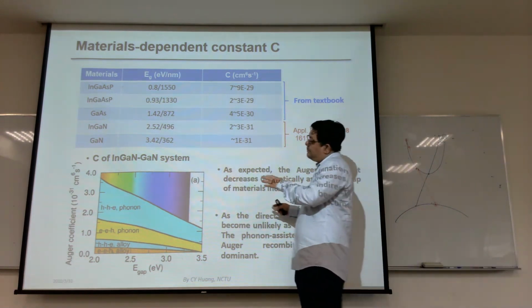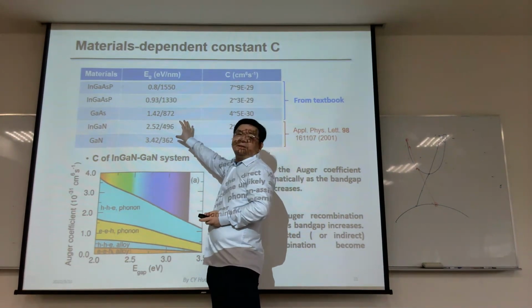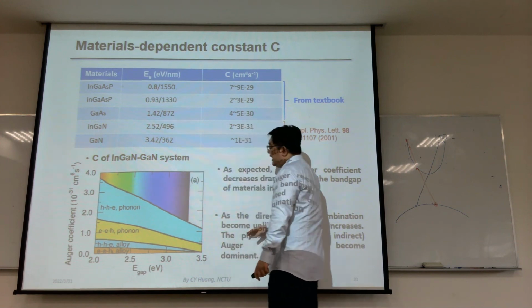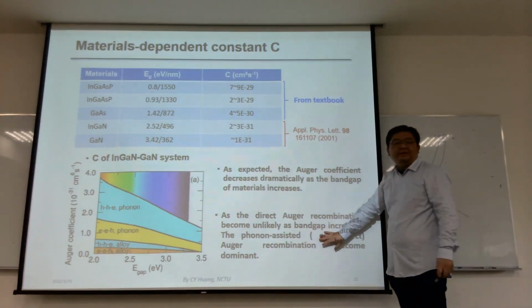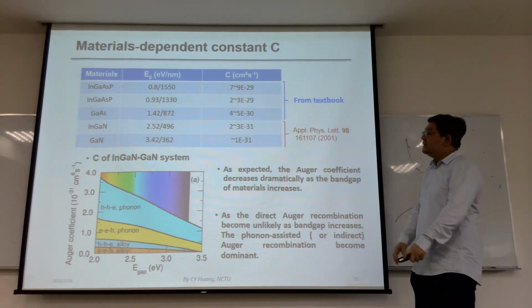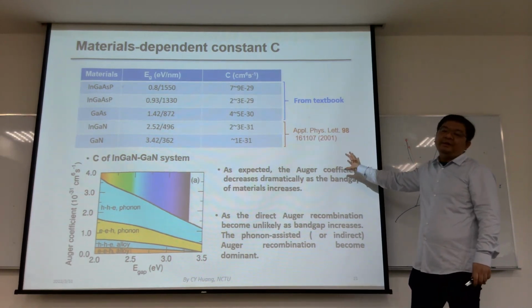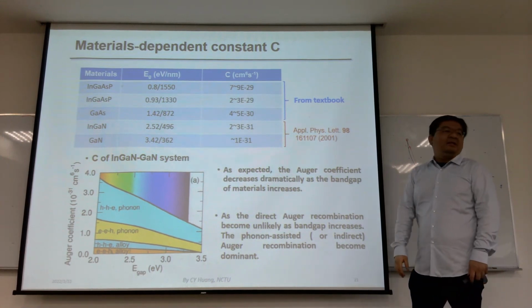However, if the band gap is rather large, the direct Auger recombination also becomes unlikely. That will make the indirect process important. So it's a long story, as people have argued whether Auger recombination exists in nitride